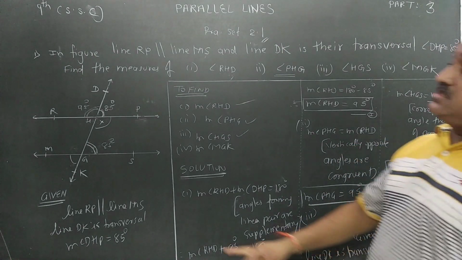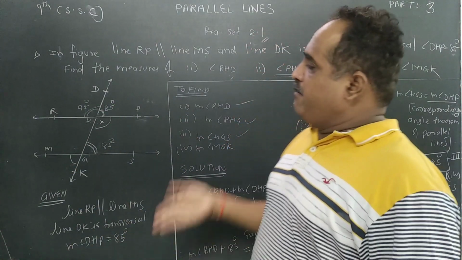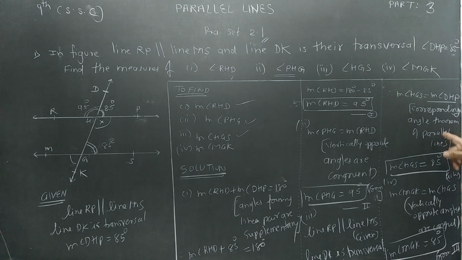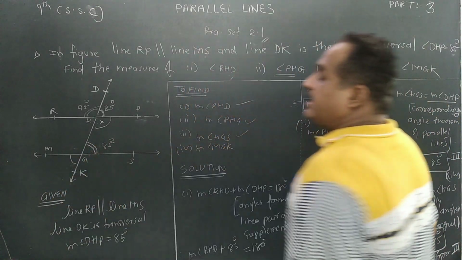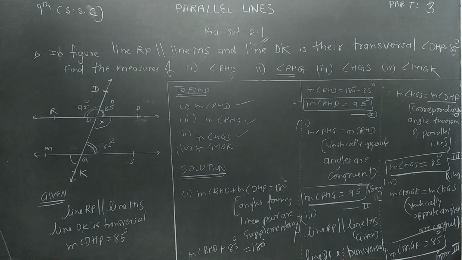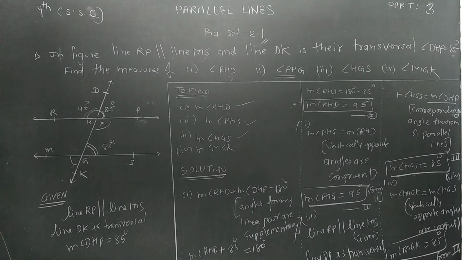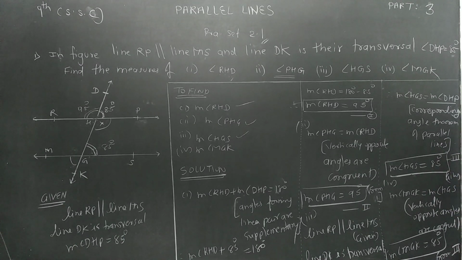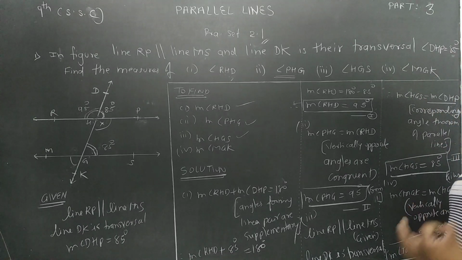Then the third question is this, HGS. But I know the two lines are parallel, so what will these two corresponding angles be? Congruent. But what reason to write? Corresponding angle theorem of parallel lines. So how much did we get for HGS? 85 degrees. But again, they have asked this question, so these two are congruent. The reason is vertically opposite angles are congruent, and that will also be 85 degrees. So I think you understood it properly. If not, then revise the video once again, and pause the video and comment on it properly with good handwriting, and your figure should be with a pointed pencil.